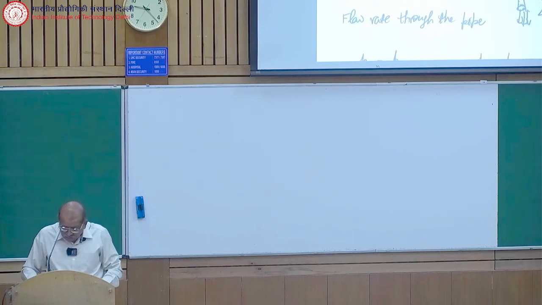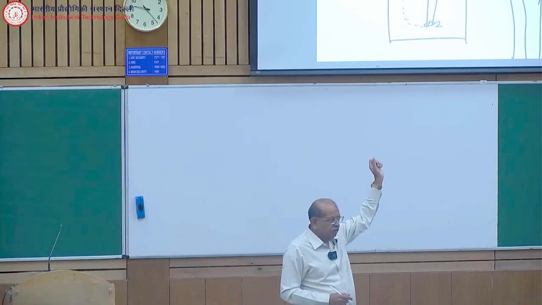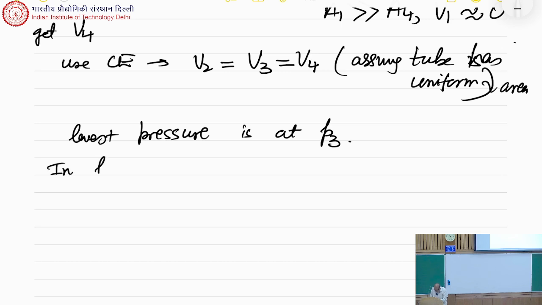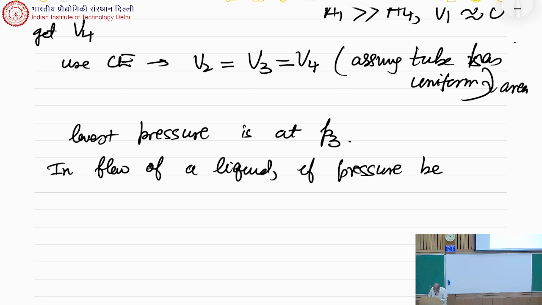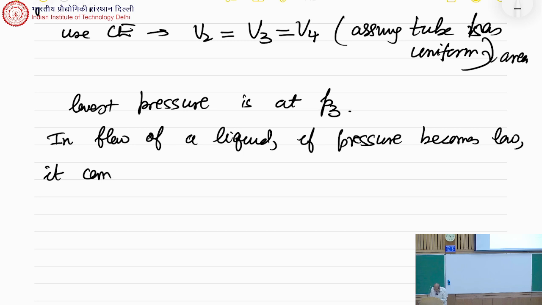Okay. Now, what happens is, you can show here the lowest pressure is at P3. The point where the height is the most, that is where you get the lowest pressure. And sometimes what happens is, in the flow of a liquid, if pressure becomes low, it can become